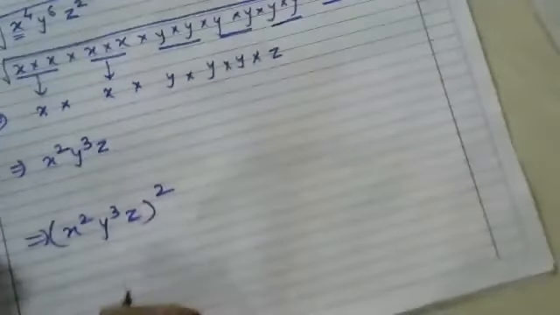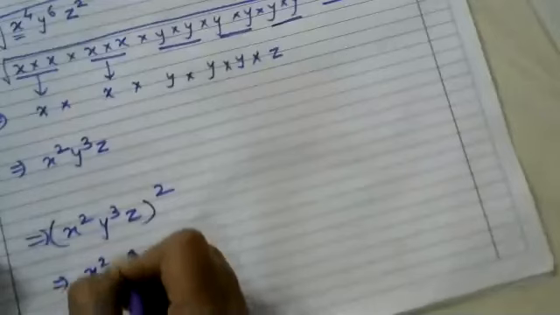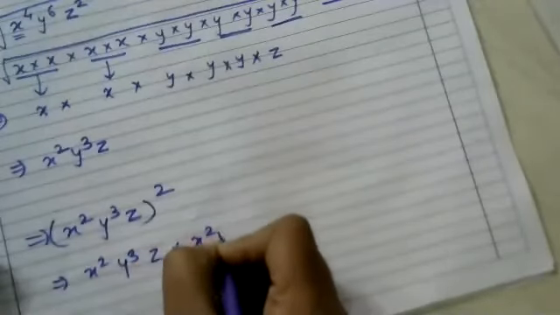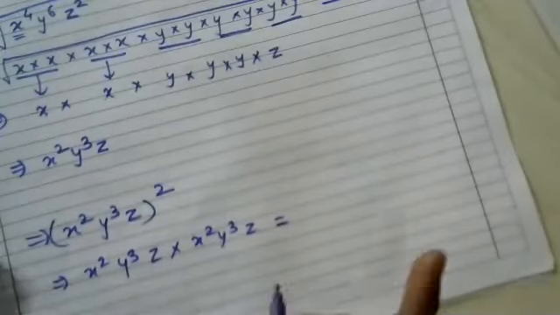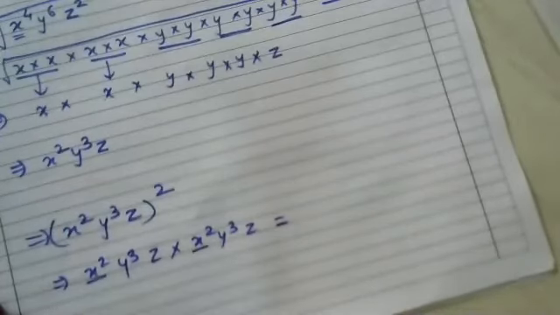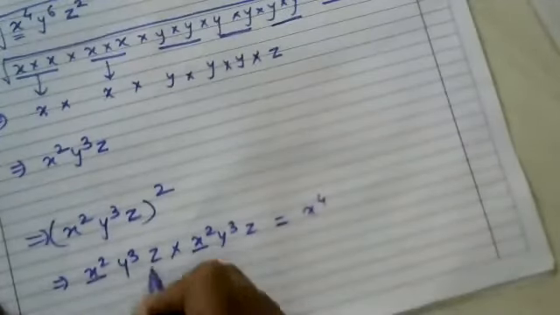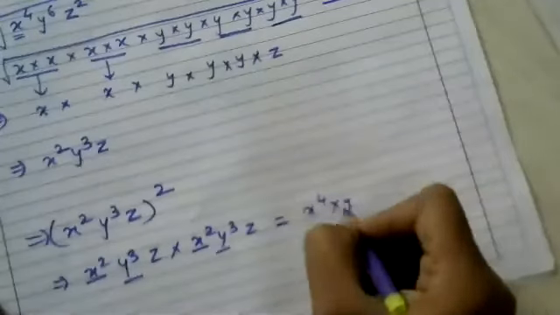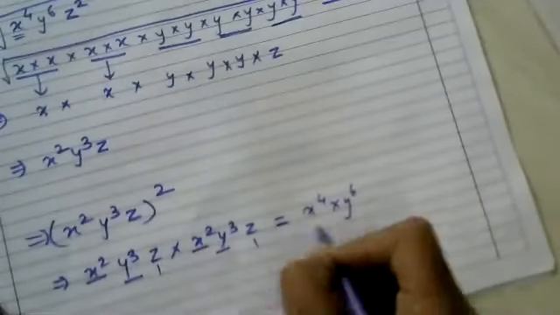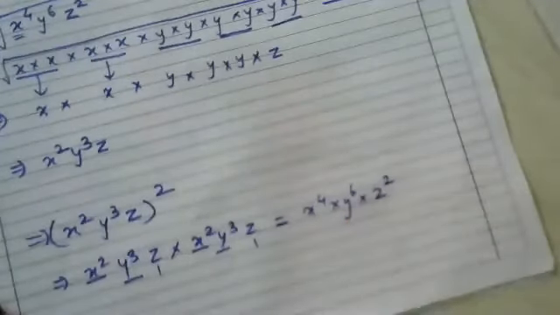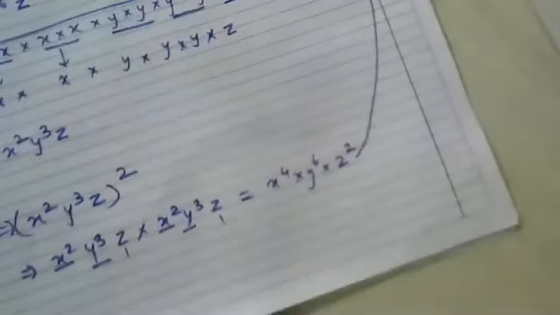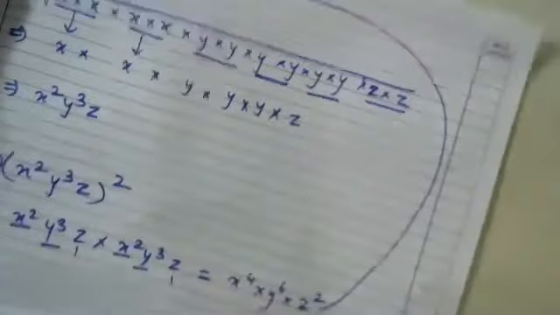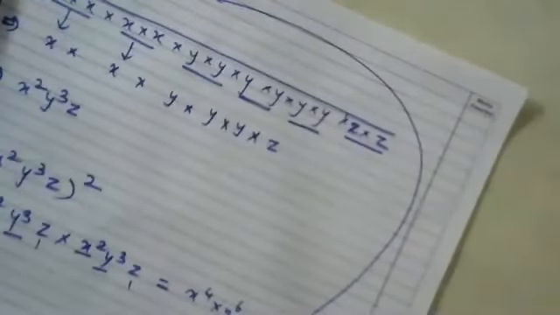और अगर हमें इसका square निकालना है, x square y cube z, इसका अगर हमें square निकालना है, means this term I have to multiply 2 times. X square y cube z multiplied by x square y cube z. This we have already done in the beginning, how to multiply variables. 2 times x will give you 4 times x, 3 times y will give you 6 times y, and 1 time z will give you 2 times z. So again you go back to the same. Getting my point? So any difficulty under this? So this is how we can find the square root of a number and a variable.